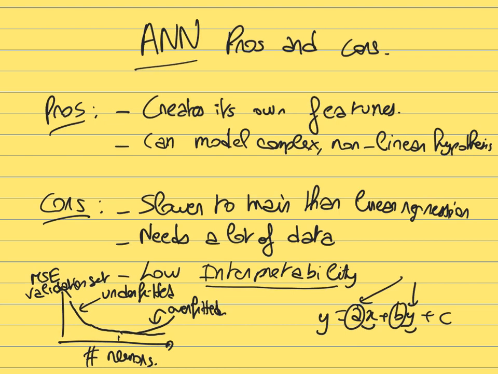So it's the same idea. You will try different numbers of neurons and different numbers of layers, and see which one gives you the lowest error on the validation set, to see whether you can have a model that does not have a high bias but doesn't have a high variance either, to find the best balance between underfitted and overfitted. It's very similar to the other machine learning models that we have seen so far for regression. You will need to tune the hyperparameters to make sure that your model is not too complex and not too simple either.